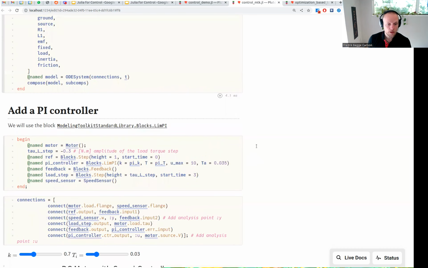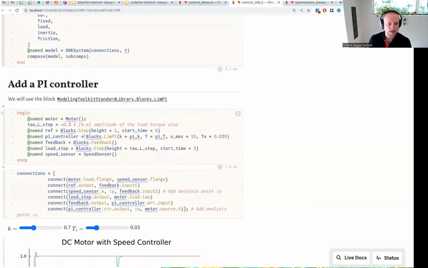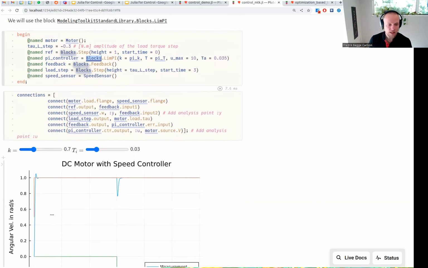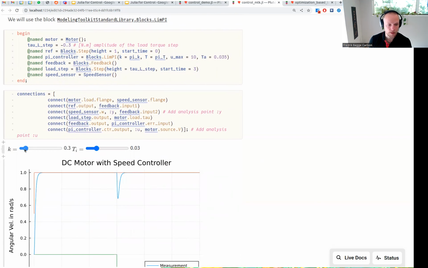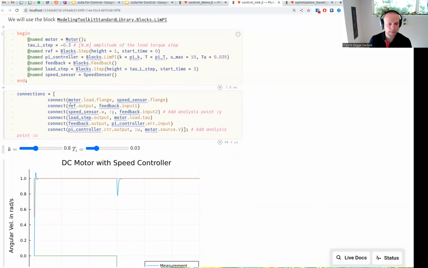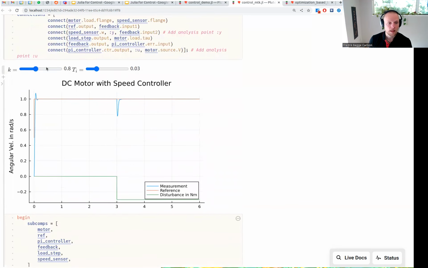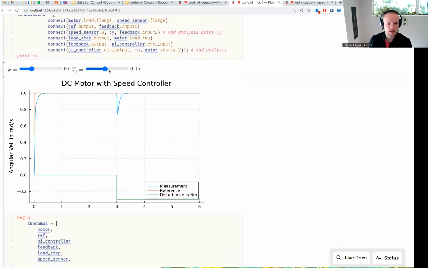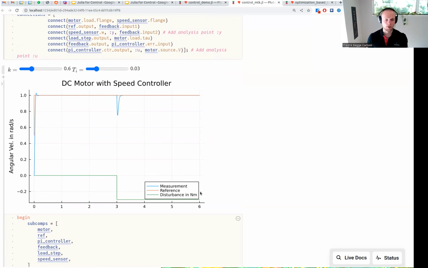And then we have created the fundamental model that describes this system. We can add a PI controller. The way I do that is I construct the PI controller, which is a component from the standard library. There is a block library there, and I just pass in some parameters, and the parameters are set by these sliders. So I can now drag these sliders and tune my PI controller. Every time I modify this slider, it performs the simulation and plots that. Using this functionality, I can decide that maybe this is a reasonable tuning. All right, and now I've used a model to come up with a tuning,